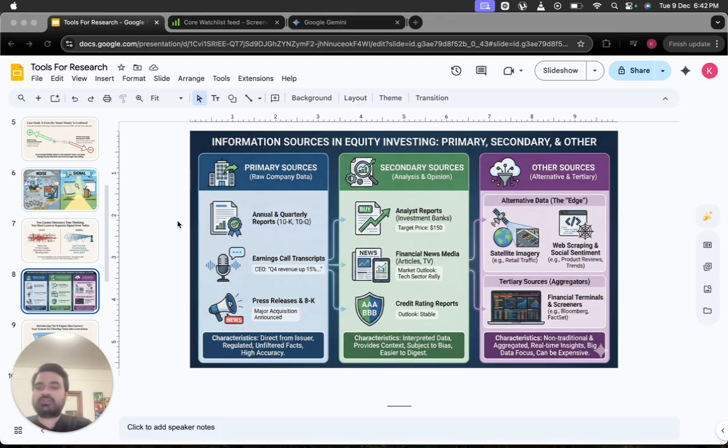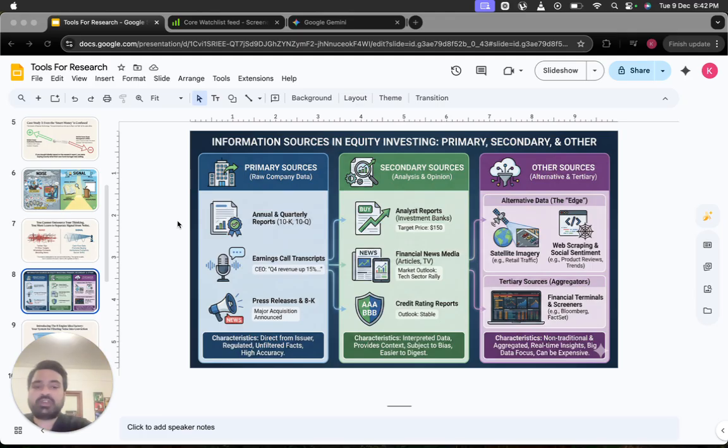So primary sources are sources that are directly issued from the company. These can be in the form of annual reports, these can be in the form of conference calls, these can be in the form of company presentations, these can be in the form of DRHPs. Primary sources are highly accurate, unfiltered because they are audited, and the company needs to be accurate in what they're representing and depicting.